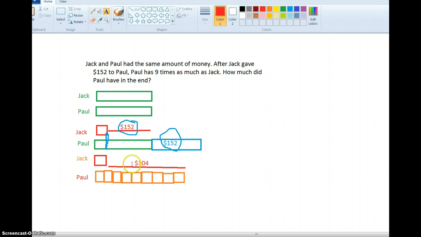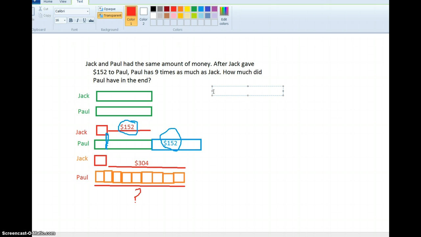Now we see this $304 actually represents 1, 2, 3, 4, 5, 6, 7, 8 equal units. At the end of the day, I want to find out how much Paul has. So I want to find out how much is 9 equal units. I know that $304 is 8 units. Therefore, 1 unit is $304 divided by 8, which would give me,